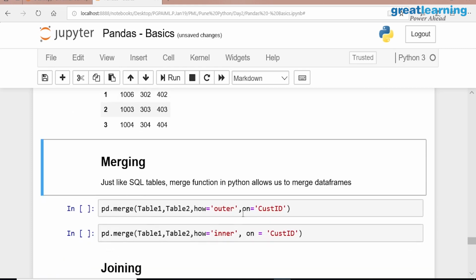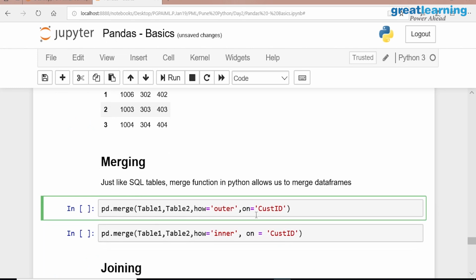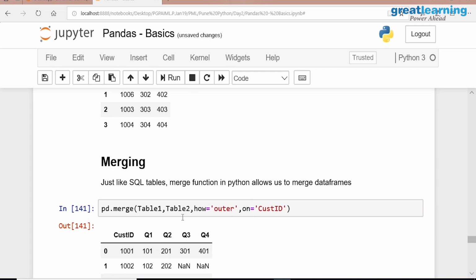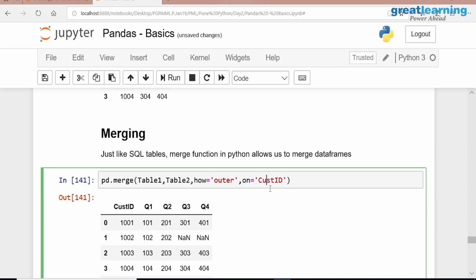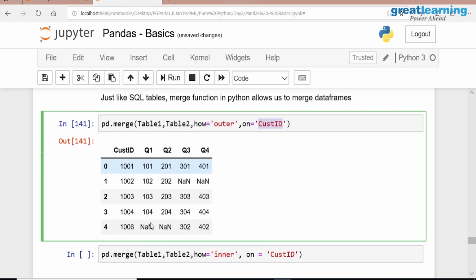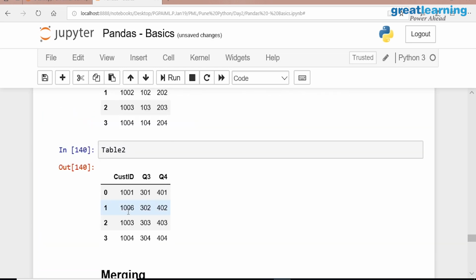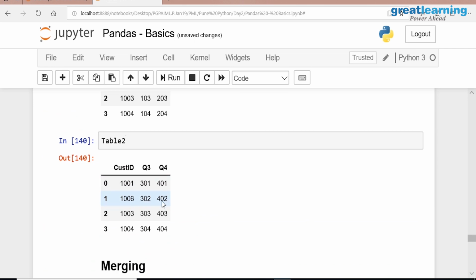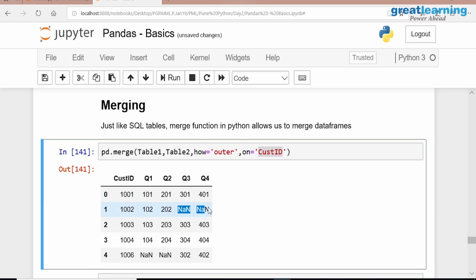So you can do outer merging and inner merging also. You do merging based on which column? Customer ID. In the second record, there is no row for customer ID 2, but still it is able to manage and get it, and whenever it is not able to get it, it has placed NaNs.